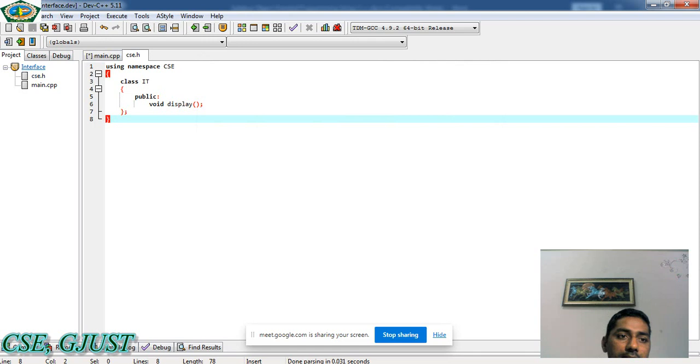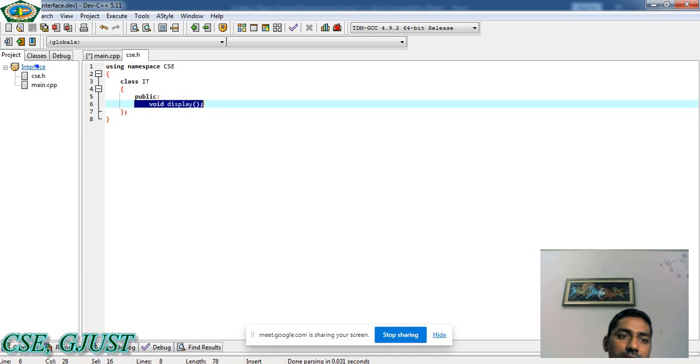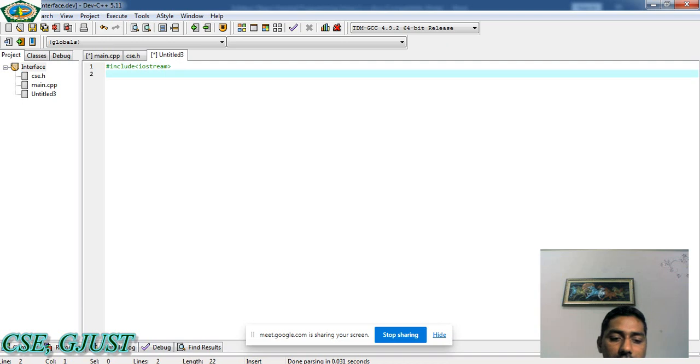Next we will add one more file that will contain the definition of the display function. In the display function I will write a cout statement. So we need to write #include iostream and using namespace std.